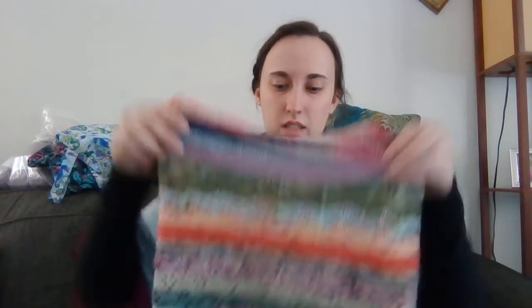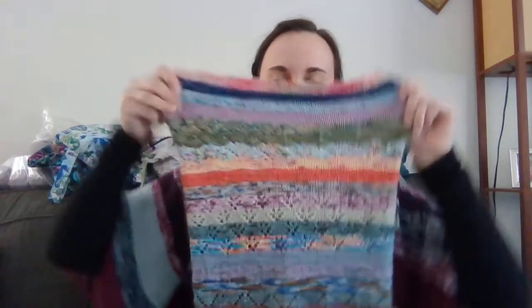I think my gauge is tighter because in the pattern she said she used, excuse me, like 8 grams for every stripe, and I used 5, and it's still a large cowl-ish. But yeah, so then I had 5 grams left of these mini skeins. So moving into WIPs,